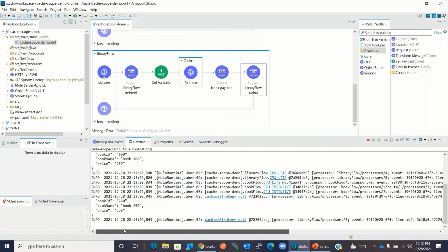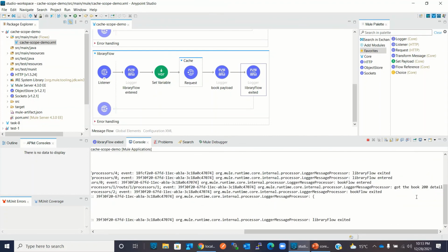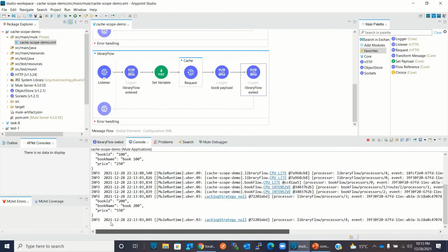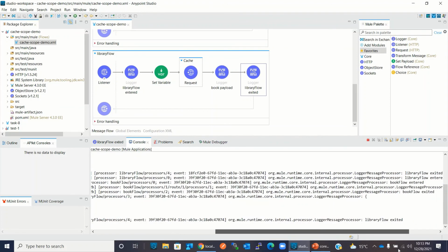Now observe the output. Here it went to library flow, entered here, then it went to book flow, and then it processed the data, book 200. So printed this, book enter, then processed the data, and then it said got the book detail for 200, and then exited book flow, and then came back and printed the payload retrieved from book endpoint, and then exited the library flow.